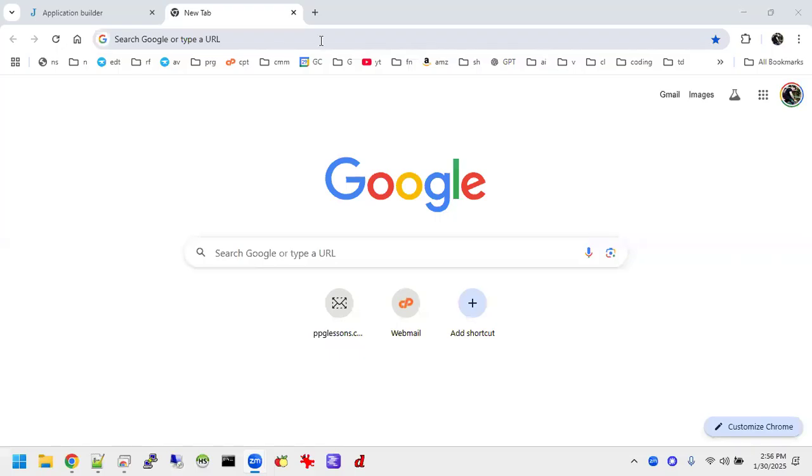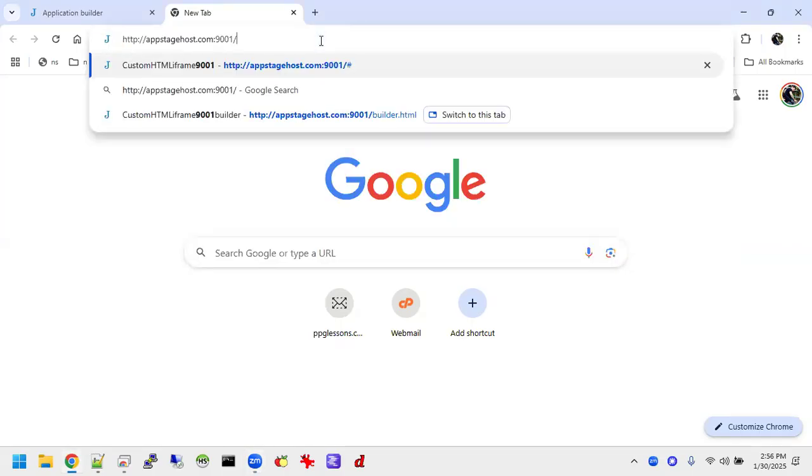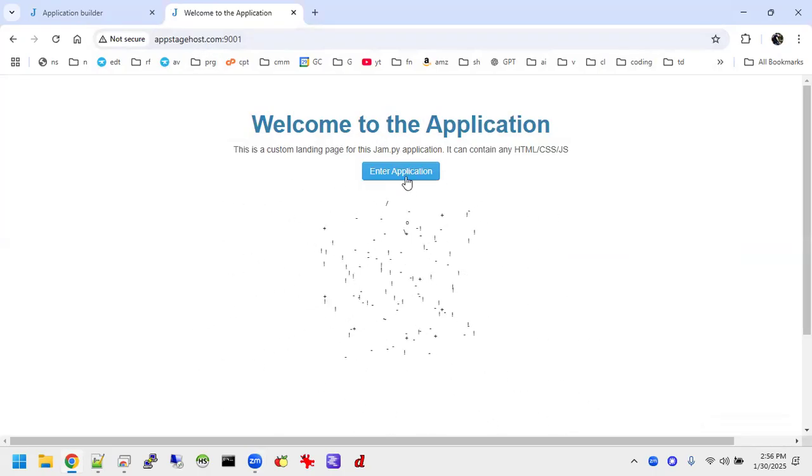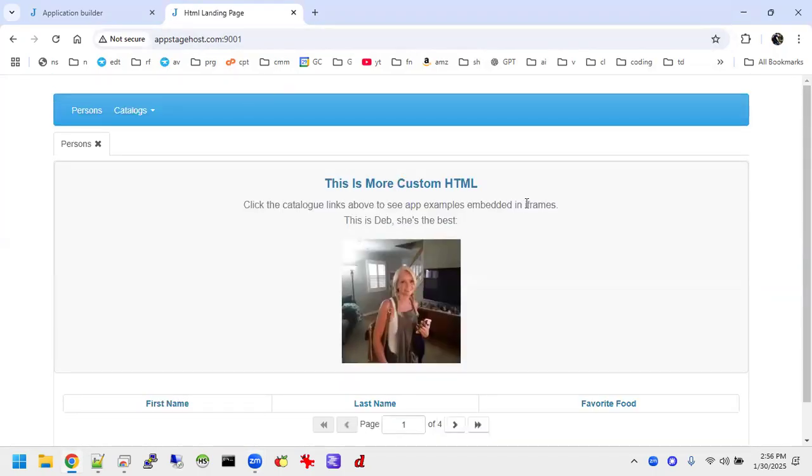Okay, so this video is going to cover a little bit more about how to extend Jam.py with custom code. So I've got this little application here. You can see when I open up the application, it's got a nice little startup page. I've got some JavaScript running there, and I enter the application, and you can see on the first page I've got some custom HTML,